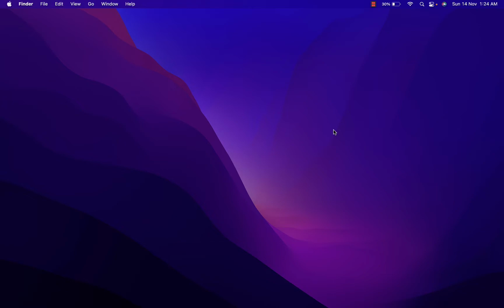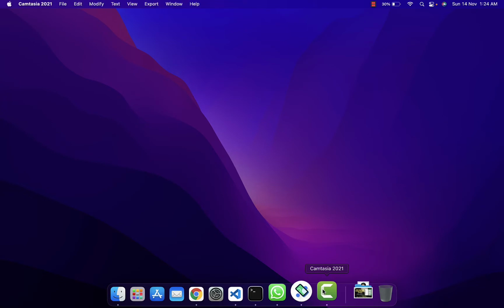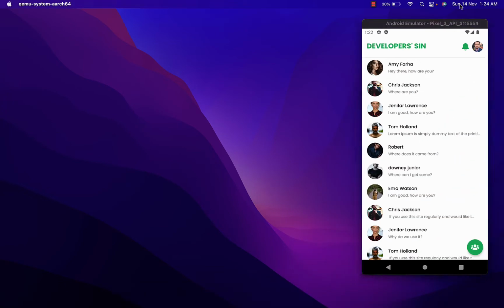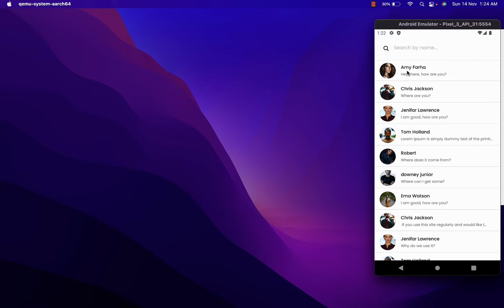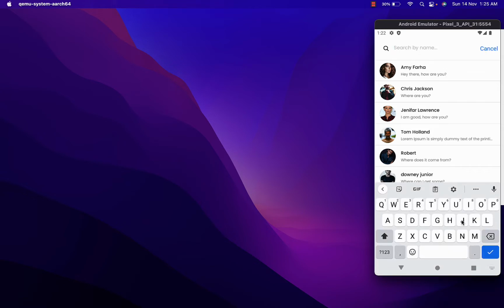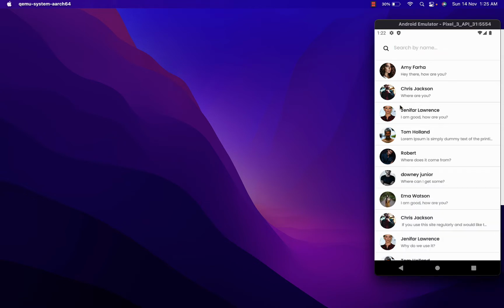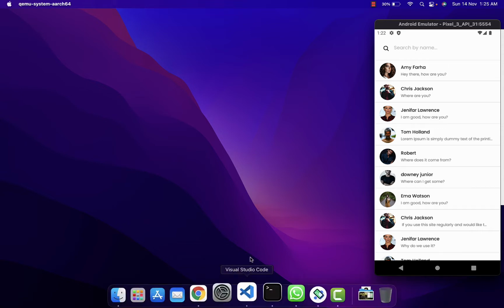In this video we're going to look into a couple of things. We're going to change the image with the actual image that we have, and fetch all the users that we're going to list over here. We can also implement the search, so you can search by name, and after clicking one of the list items, we will create the chat list for that particular user. So first, start with